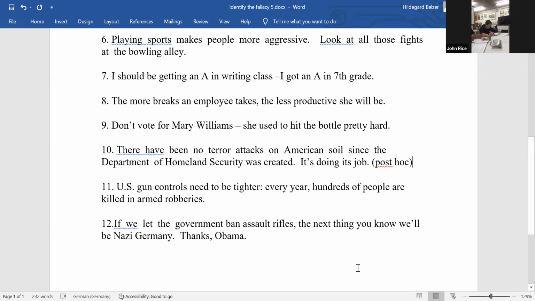Post hoc ergo propter hoc is the whole Latin thing, which means exactly what I said in English. Don't worry about the Latin, but it's basically "after the fact, therefore because of it." And it's a very common causal fallacy. There's a little family of fallacies that are related directly to cause and effect, and this is one of the key ones. Just because one thing happens and then immediately something else happens. And they happen in everyday life all the time.